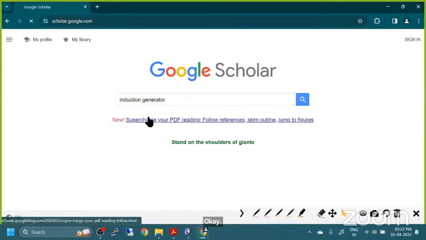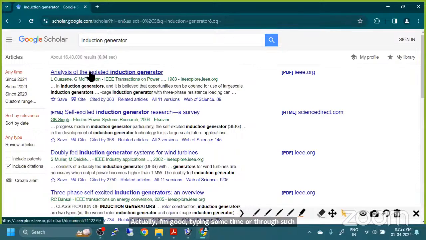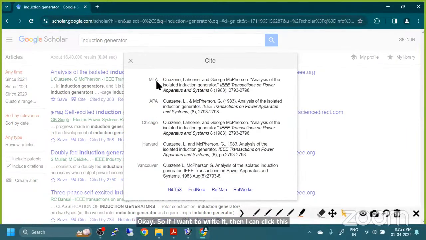Actually, I'm typing some. I want to search for a paper, so I'm going to Google Scholar. And here you can see that there is a paper. This paper I needed, and I have seen it. Okay, so if I want to cite it, then I can click this Cite. Okay, here you can see that